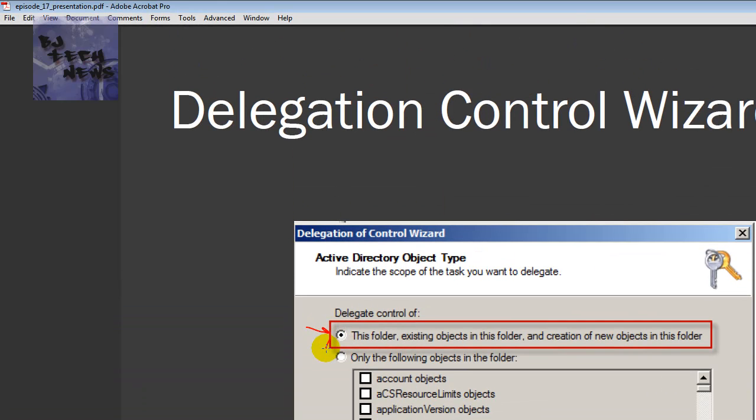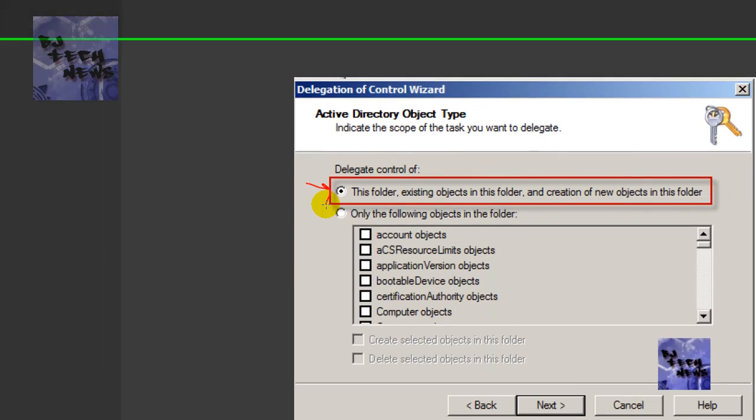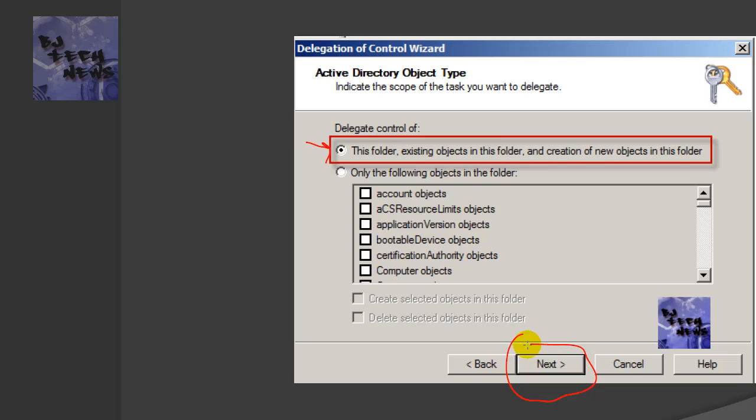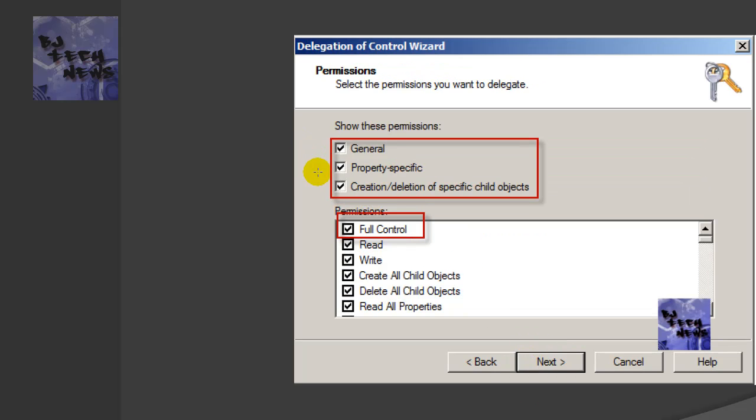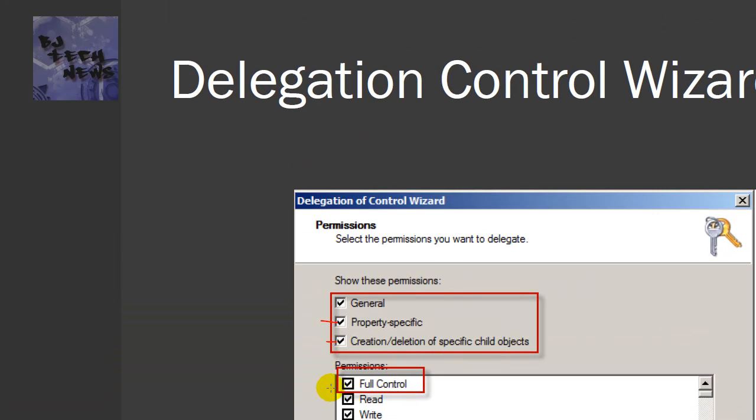This folder, existing objects in this folder, and creation of new objects in this folder. That's what you want. Click next. Now I think by default this and this and this is not checked. I think this is the only one that is checked by default, but you should make sure that the property specific